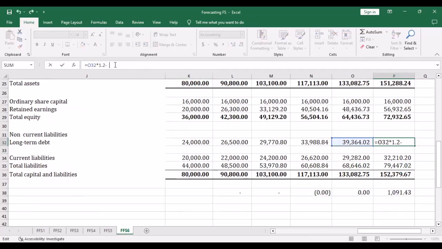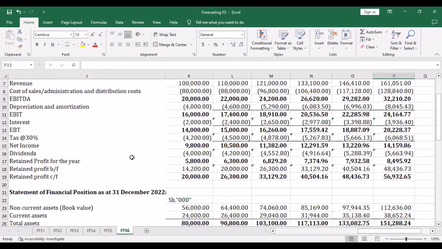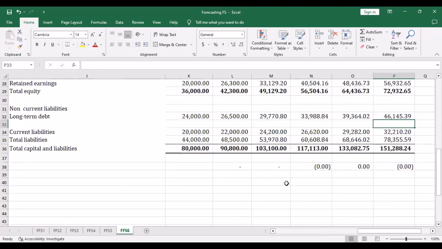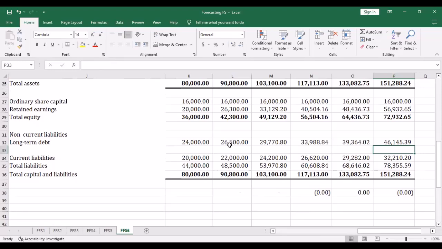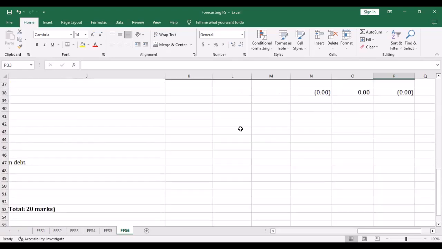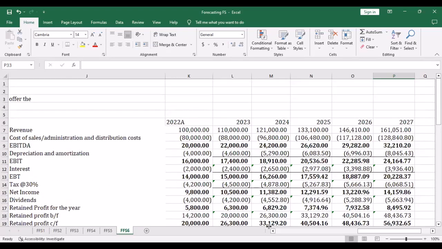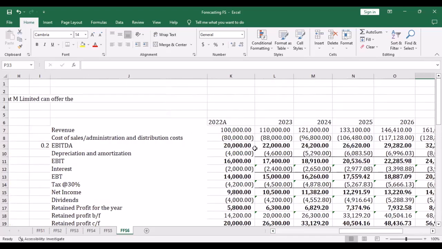Minus, because we linked our interest expense, because our interest expense now has changed, isn't it? So where is it? You can see our interest expense was not this way. That's why the cell referencing was bringing a problem, because we had multiplied this value by 10%, isn't it, to get the interest. And that's how you prepare a forecast financial statement. It's a very simple concept, just from